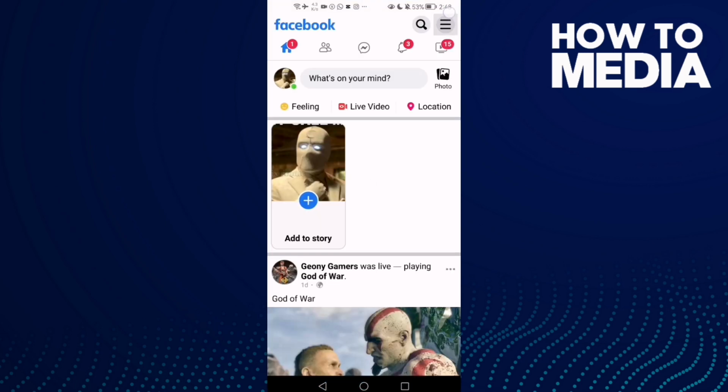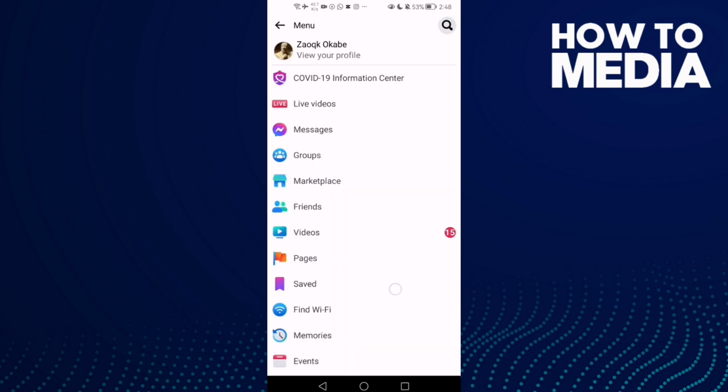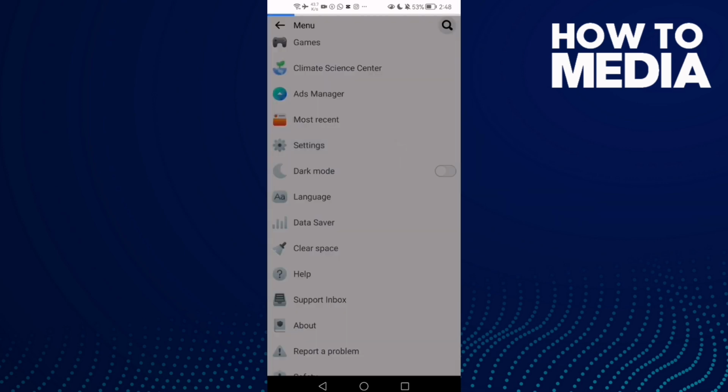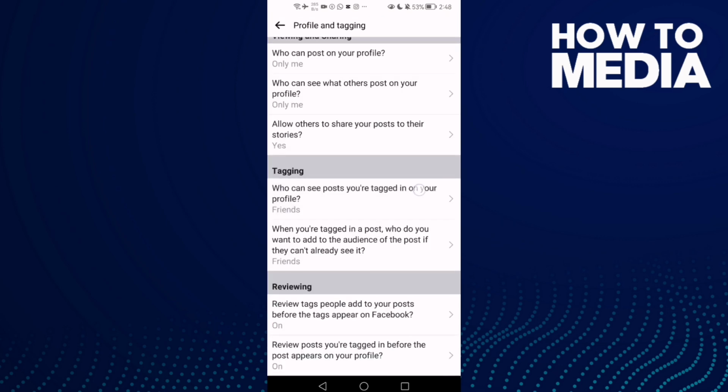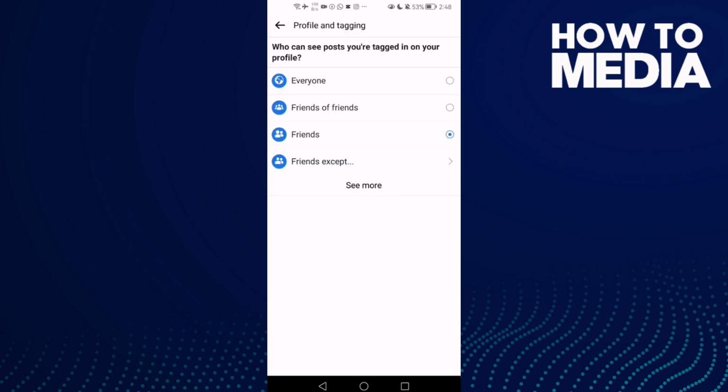Here you will find these three lines in the top corner and go down until you find settings, and here you will find the profile and tagging, and here you will find who can see posts you've tagged in on your profile. Just click on it, and as you see here, my friends can see it, and